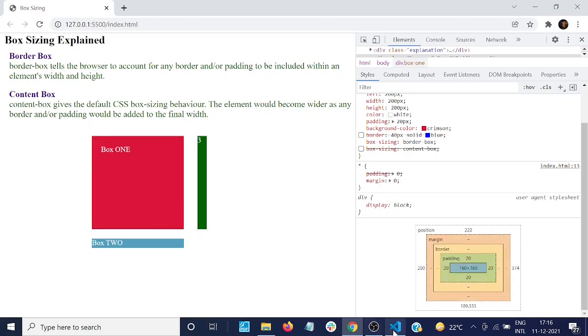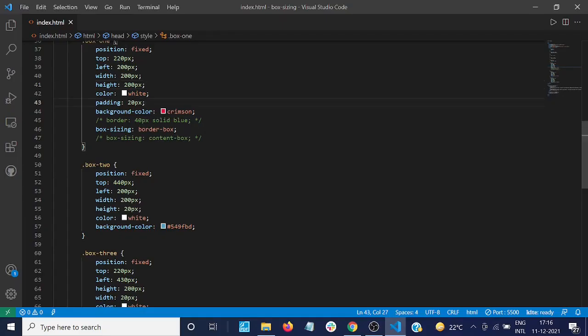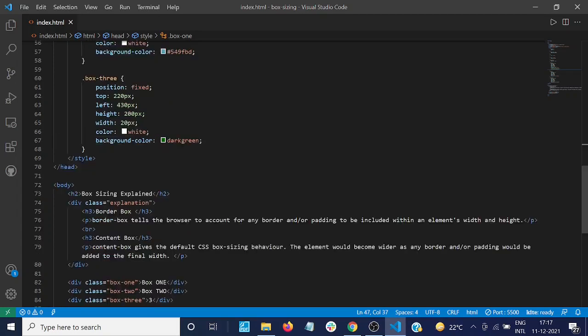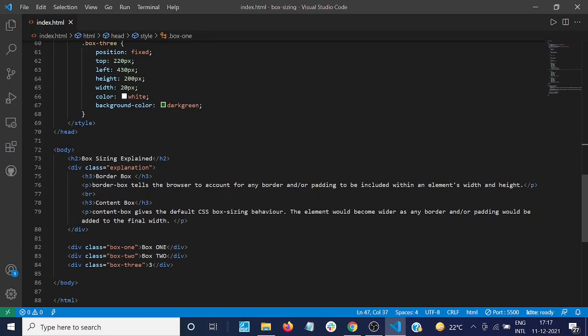So coming back to our code, let me comment this and restore it to the original thing, and let me comment this also and let me uncomment this. So this was the original state. I know that this was not originally uncommented, but this is the default position. So if you don't mention it, it would be like that, or if you mention it, it is better. It depends on the choice and the readability intent in the code. So I hope this video has made the box sizing explanation clear.